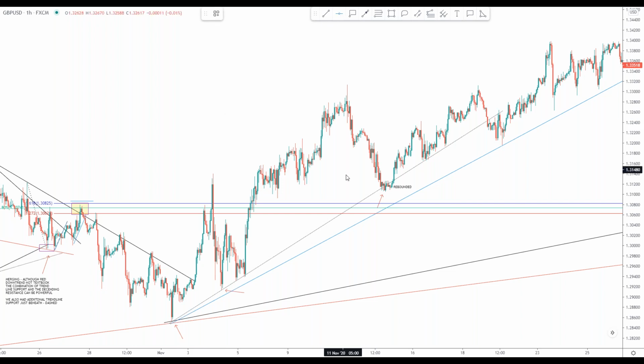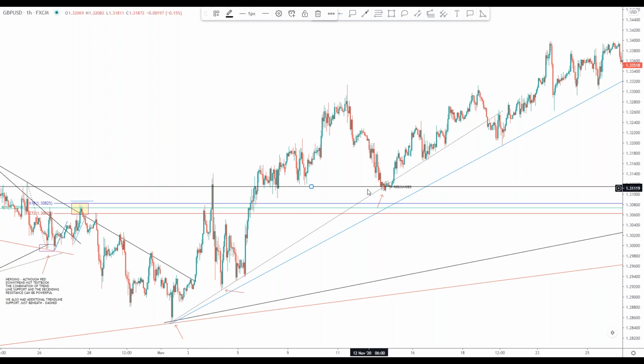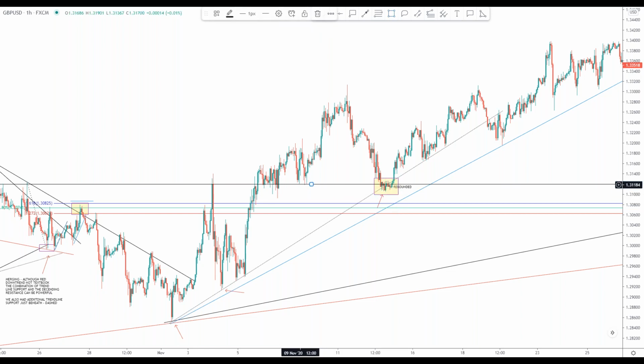So if we imagine this trend line here, I look for this kind of convergence here. I wouldn't consider this support, even though it is support, but I look for really, really tight convergence where there isn't much